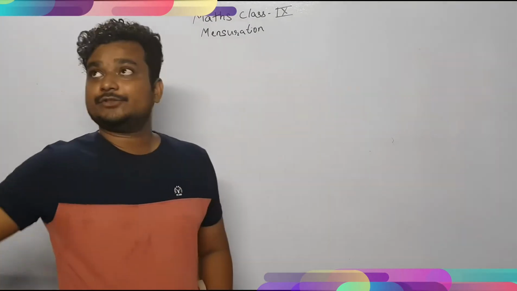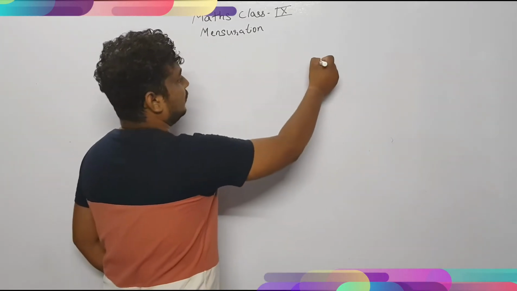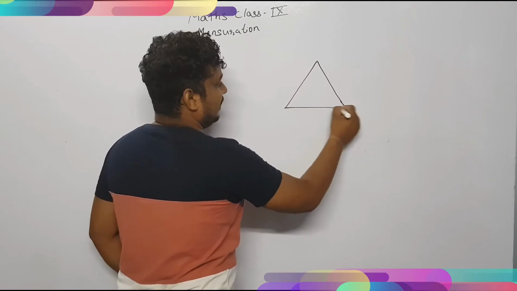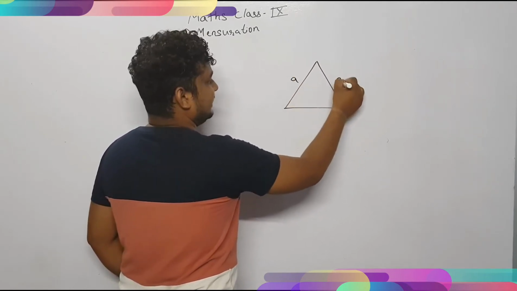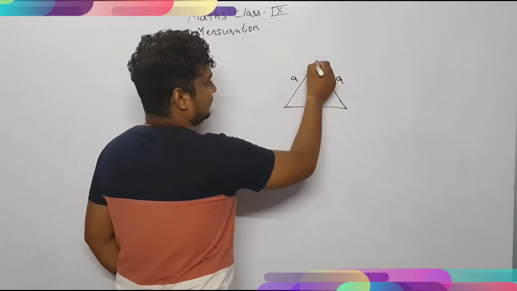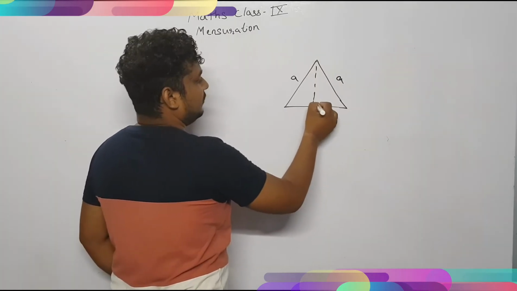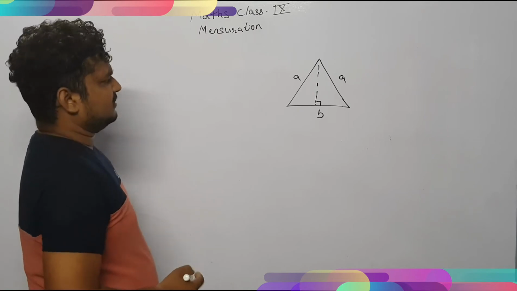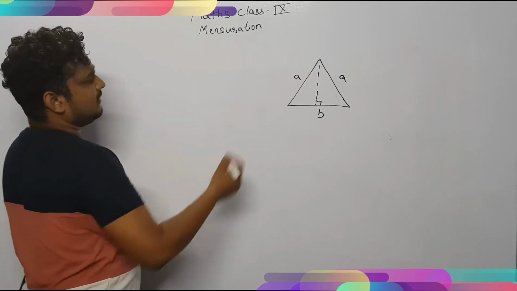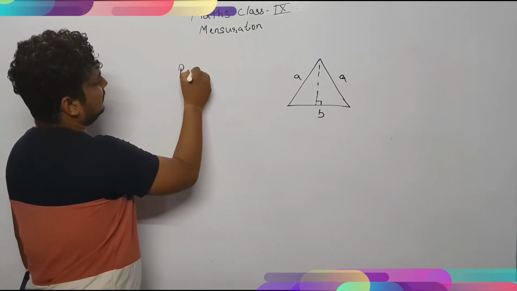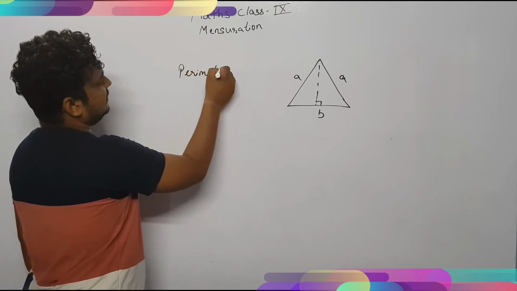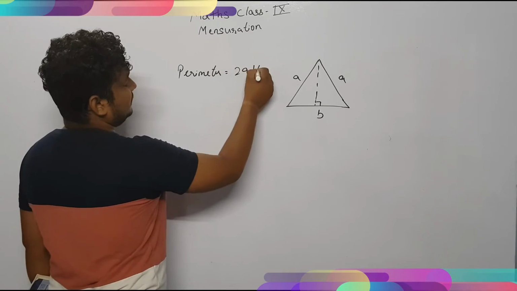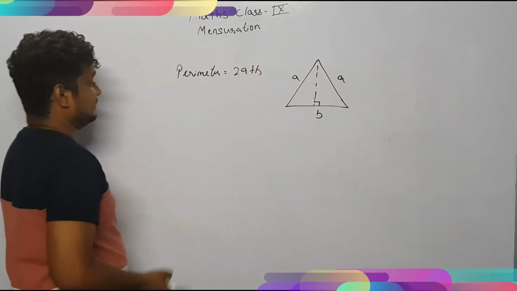Now we are coming to the isosceles triangle. Okay, so isosceles triangle, you all know what an isosceles triangle is. If this side is A and this side is also A and this side is B. So further for area we will draw a perpendicular, we will find the height and that's all. So fine with this also. So perimeter, what will the perimeter of this particular triangle be? That will be equal to 2A plus B, this side by base.